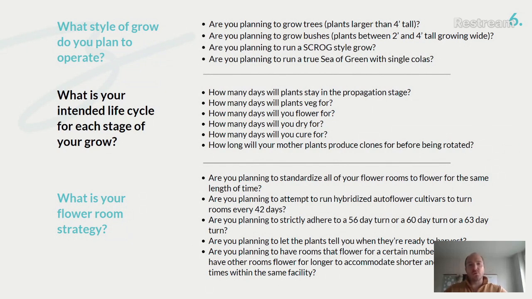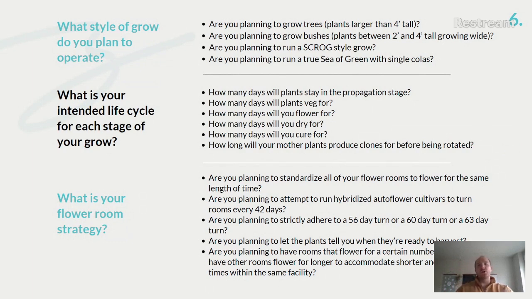And if you have a flower room that doesn't have plants in it for 1 day per cycle, if you're trying to get a six harvest per year business plan, if we're not flowering for 1 day or 2 days in between, we're 6 to 12 days of lost potential revenue. And when I really look at things, I'm trying to see how many milligrams of THC or cannabinoid, or how many grams of flower are we putting on every single day, not just every harvest, every single day.